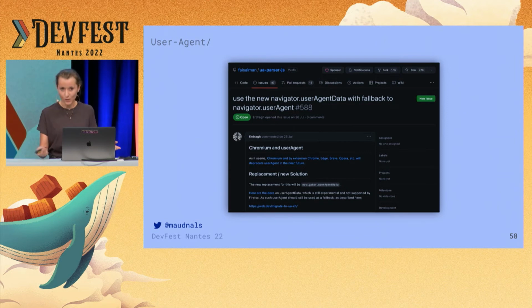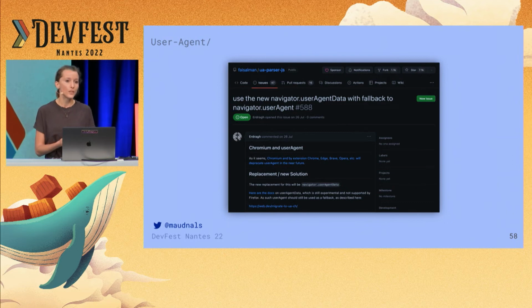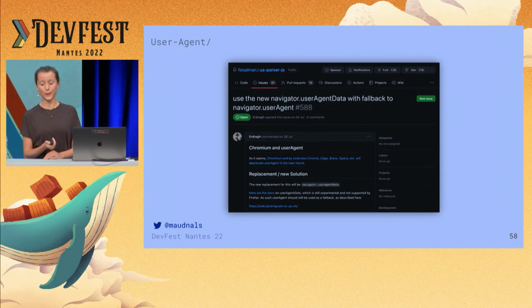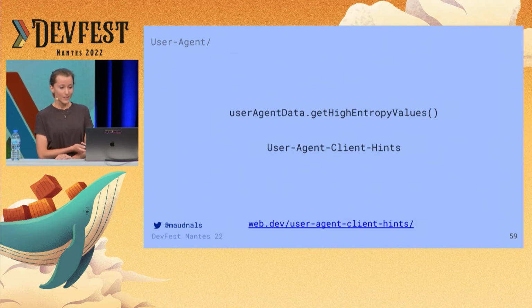In that case, of course, you don't have to do anything specific to benefit from user agent data availability, because this is something the library maintainers are going to be working on. That's an example for UA parser, which is one of the most popular user agent libraries, and you can see here they have an open issue for using user agent data. That's one example.